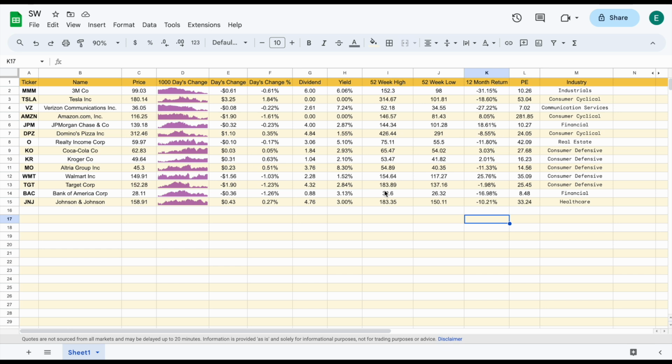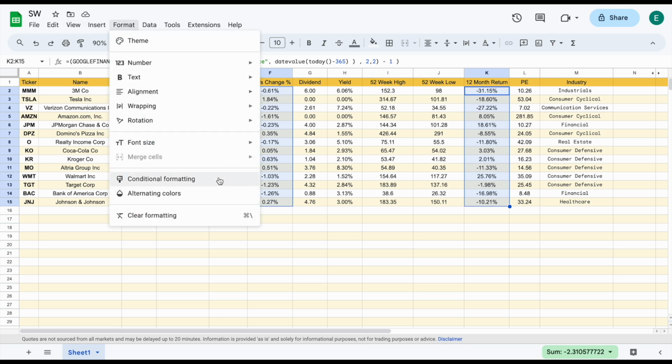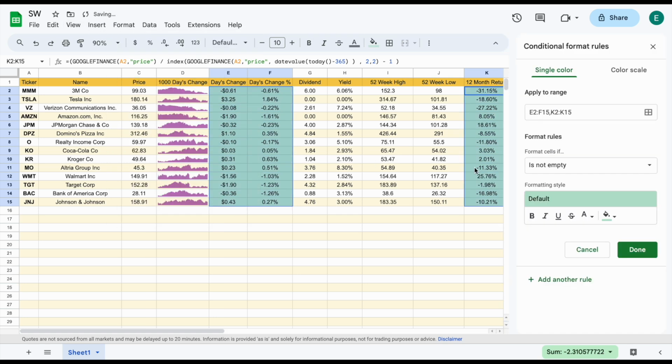So basically what that's saying is I want the cells to look a certain way based on the data that is in there. The cells that I want to change are going to be the days change and our 12-month return. So what I want to happen is if the cell is negative, I want the text to show up red, but if the cell is positive, I want it to show up green. So once I've highlighted these, if we come up here to format, you can see conditional formatting right here. I'll click on this, and basically what we're going to do is we're going to add a rule. We're going to say if the